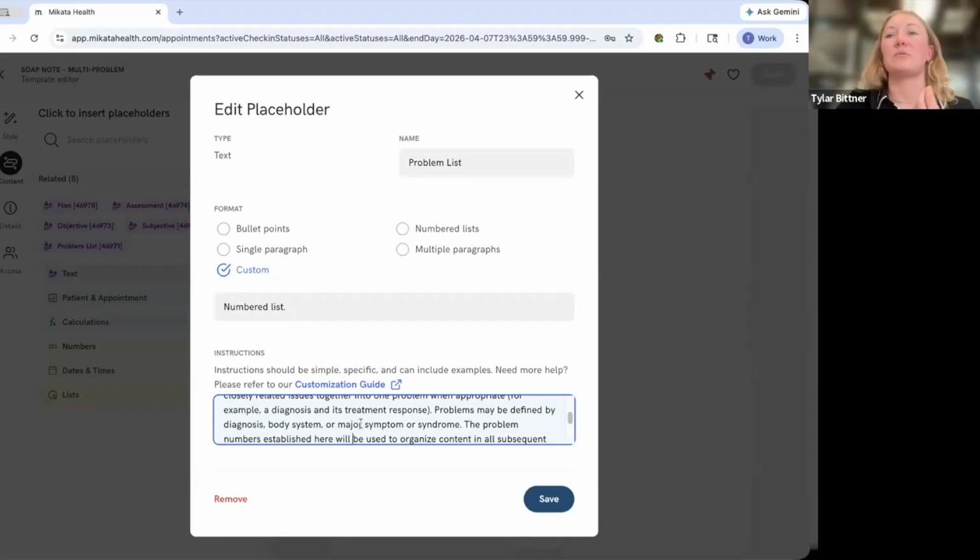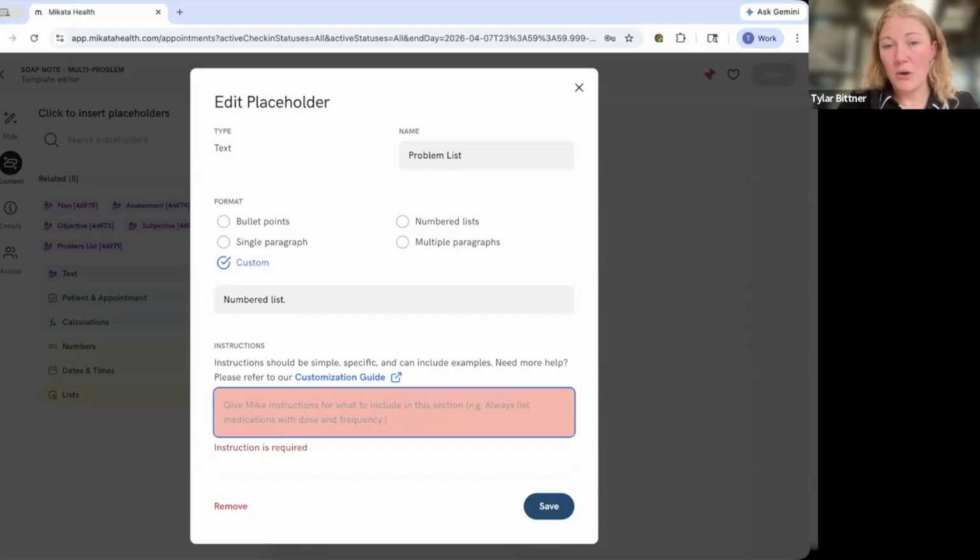So how it is relaying that. I'm going to show you what it looks like. So if you decided to erase all the instructions, you'll note that you're not able to save. And this is because without explicit instructions, there is no guide for what this placeholder is intended to do.